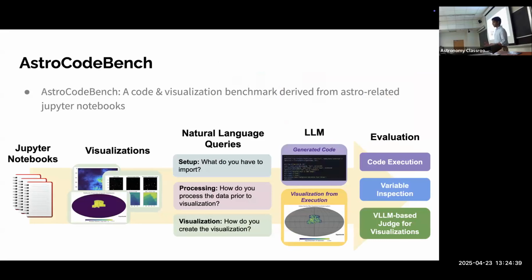And so, covering all these different aspects, we developed the Astro code bench. We want to evaluate whether an LLM can properly complete scientific, astronomy-related tasks using code, and then present them visually. What we've done is take Jupyter notebooks, which contain code and visualizations associated with that code. We take those visualizations,